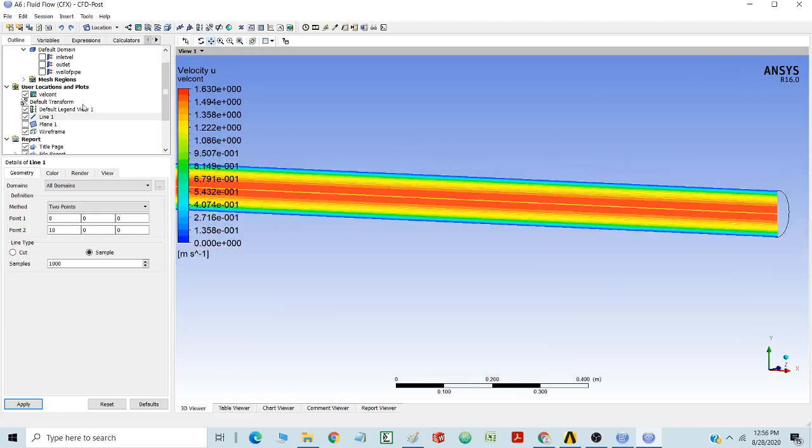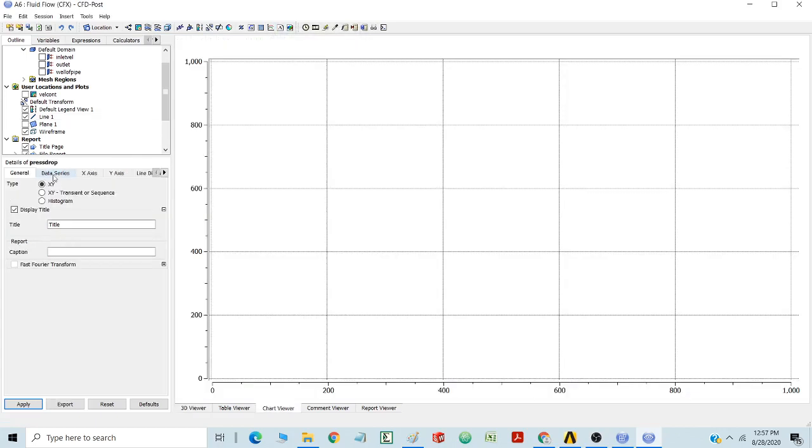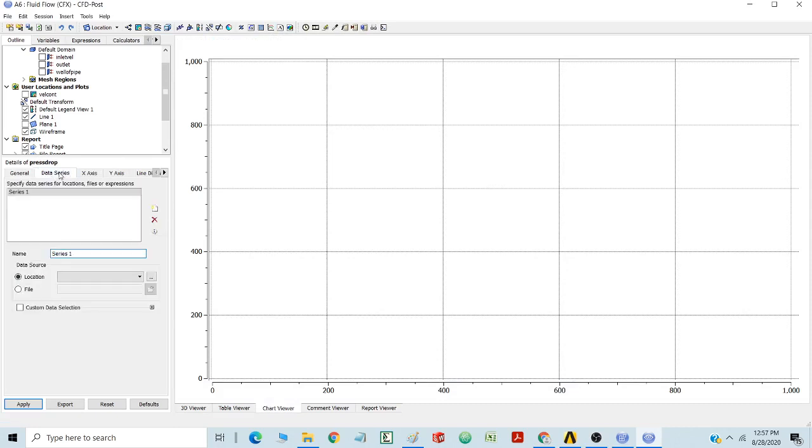Okay, like this. So you can see this pipe is having one line exactly at the center. Now what I'm going to do is draw a chart. This will be a pressure drop chart. In the pressure drop chart, I am going to select the type of graph as XY graph. Now I am going to go to the data series.